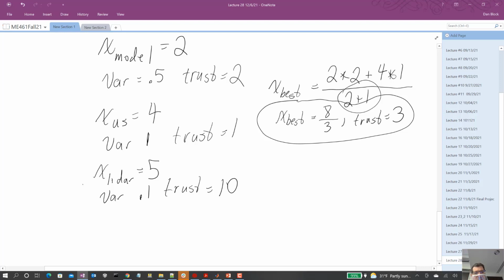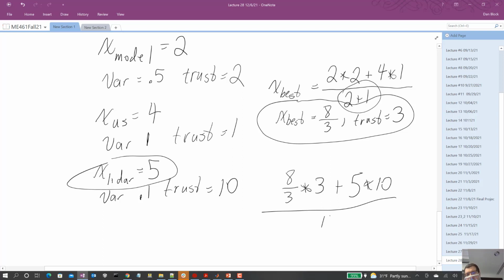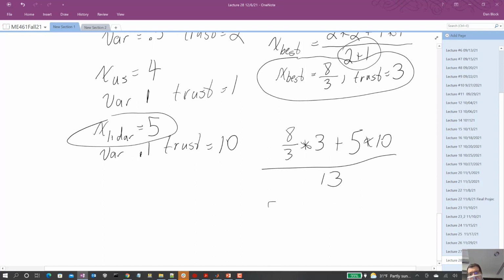We say, when we're summing these again, we take our trusted 8/3 times the trust 3, weight that one with a factor of 3, and then we take our 5 measurement from the LiDAR, multiply that by a factor of 10, and then divide by the total trust, 13. That becomes a little ugly number, but it's what, 58/13 or something like that, right? How much do we trust that? So our final one,